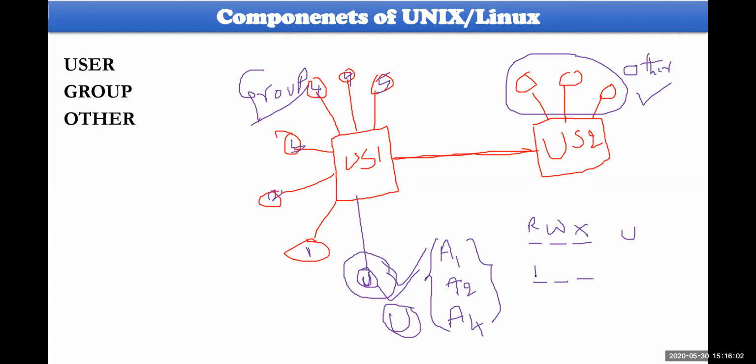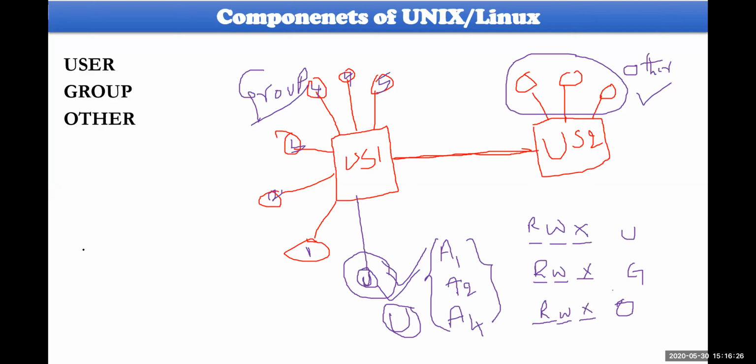They will be available also as RWX, which is for the group. And the people who are connected to the other server, other than his, will also have one more set of permissions, RWX. These people will be called O.